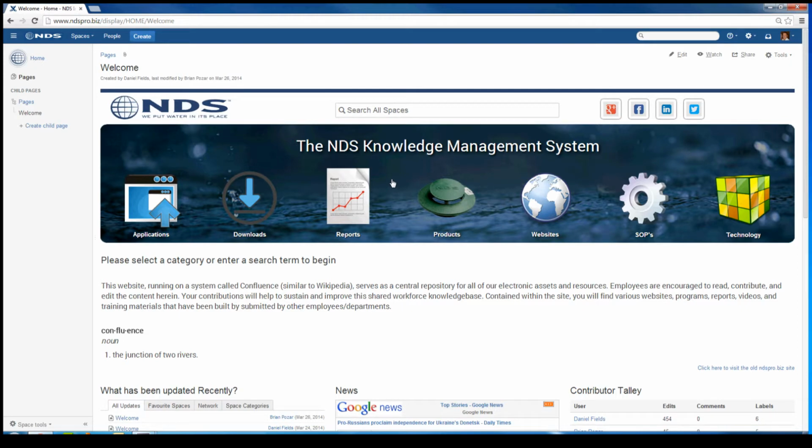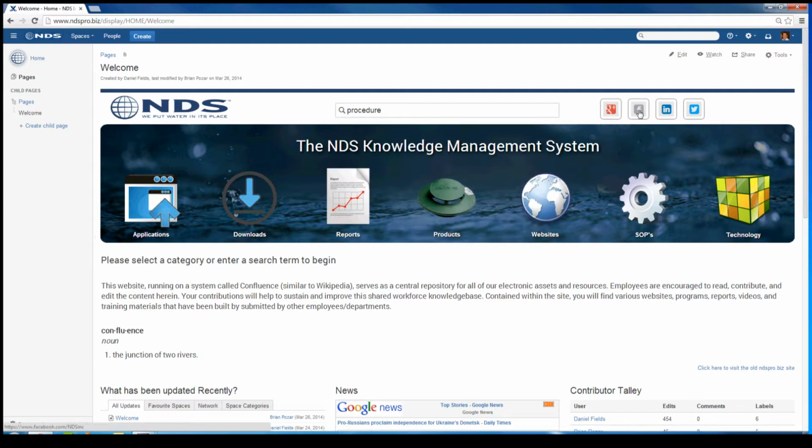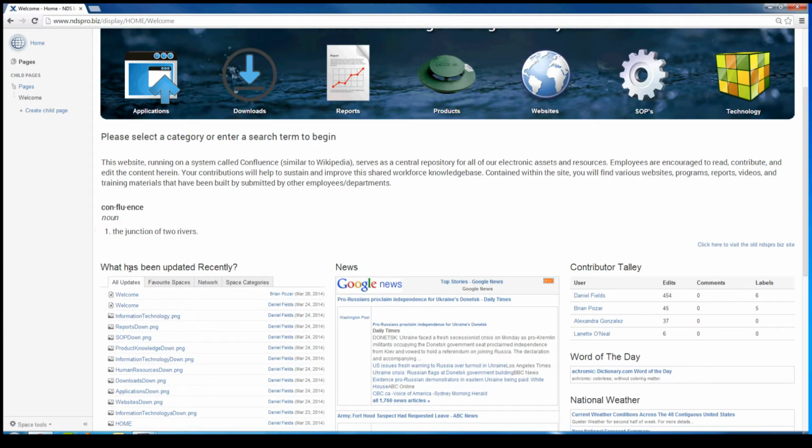The icons on the home page will take you to the sections of this site. Above it, you'll find a search bar that can be used to look up keywords in the site. To the right of that, you'll find our social media sites, as well as a description of the site. Below that, you'll find updates, you'll find news, who's contributing and how much, the word of the day, and the